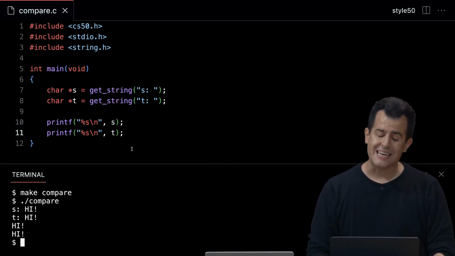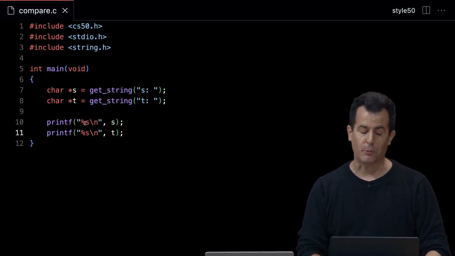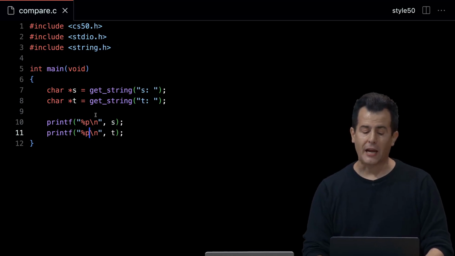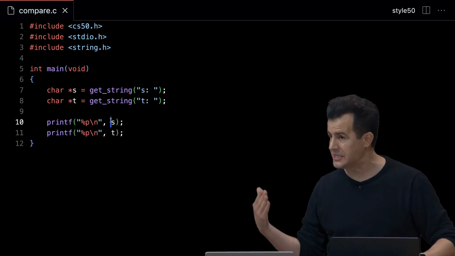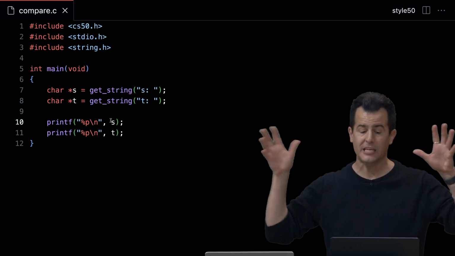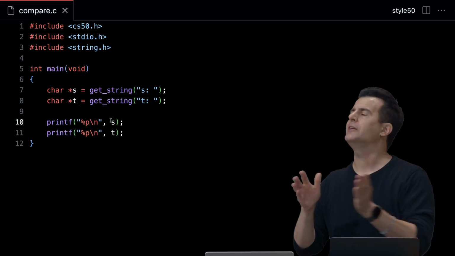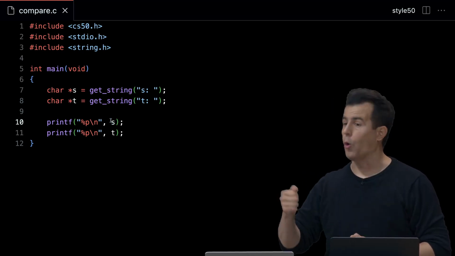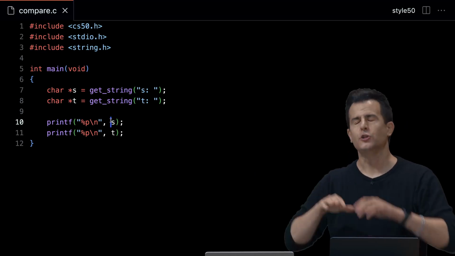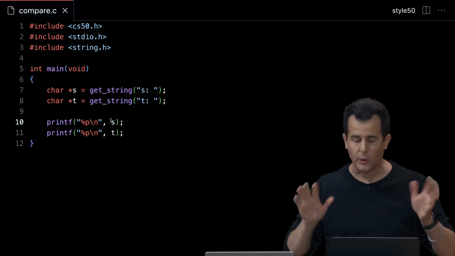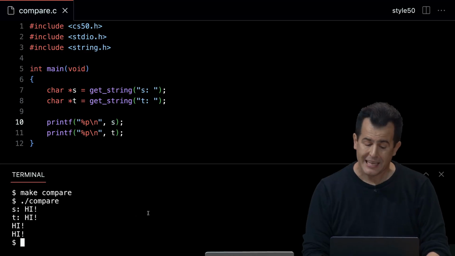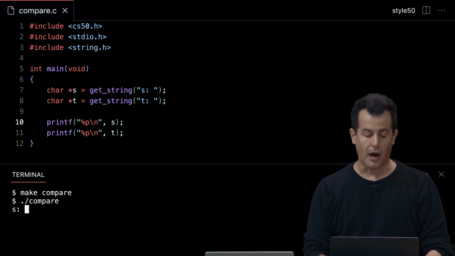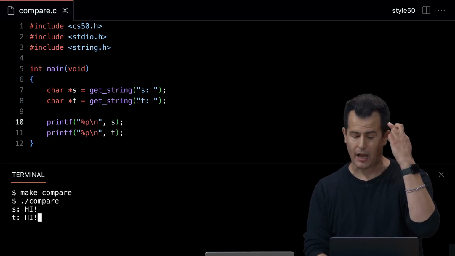But if I actually want to see where s and t are, I can change the %s to what? %p here, and I don't need to use an ampersand before the s or the t because they are already addresses. That was today's big reveal. And it turns out that printf is smart enough when you use %s and you give it the address in s or the address in t to just go there for you. So printf has been doing all of that for us with %s, but %p is actually going to print out those raw addresses. So let me do make compare, ./compare, hi once, hi twice, and here now we should see